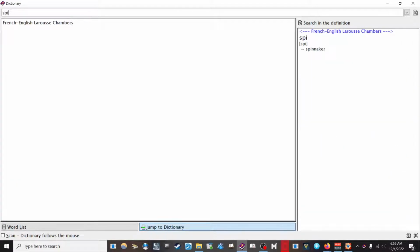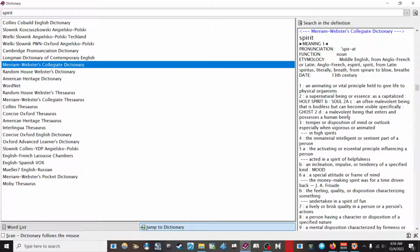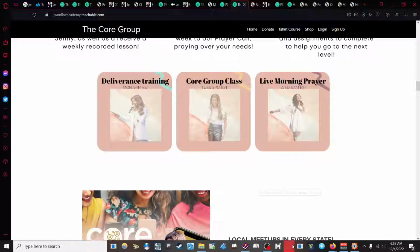Okay? Now, some of you, peradventure, maybe you know the vague nature of this word, but spirit can mean something as temporal as a disposition of mind or outlook. If you're greedy, you have a demon. If you have any greed in you, you have a demon. If you have anger in you, you have a demon. I can consider all of these things demons in an abstract way. If you have anger, you have a problem. If you have greed, you have a problem. If you have lust, you have a problem. You're sick in some way,